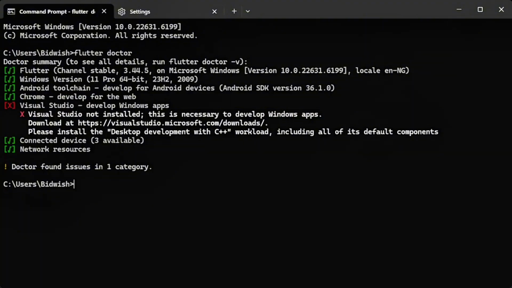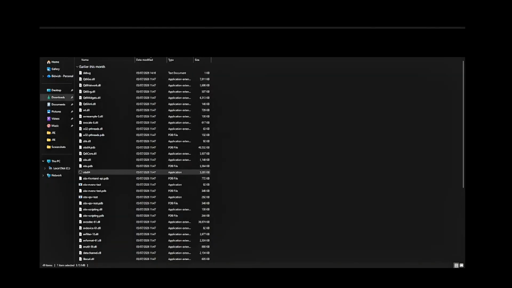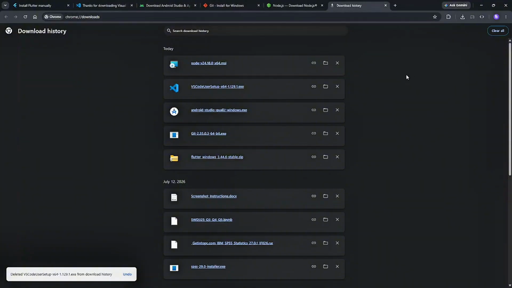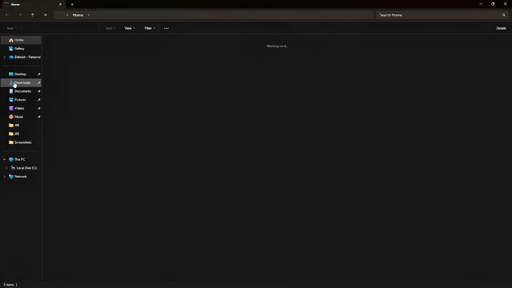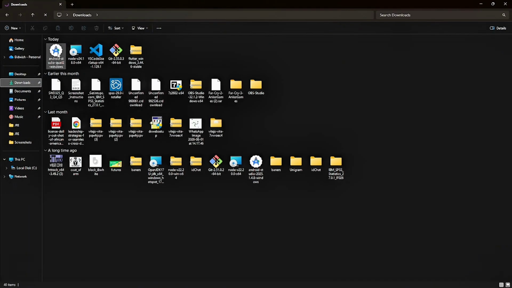So all you have to do, after you are done installing your Flutter, is this first. After you are done downloading those softwares and packages, open your file explorer, go to Downloads, allow it to load, and then you can see all those items. The first thing we are going to do is move this Flutter zip folder to our local disk, which is